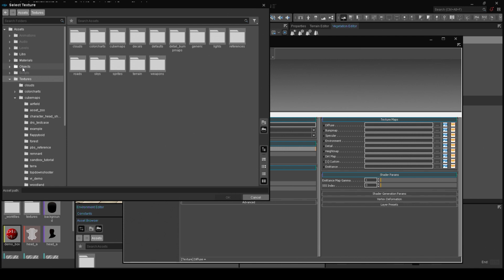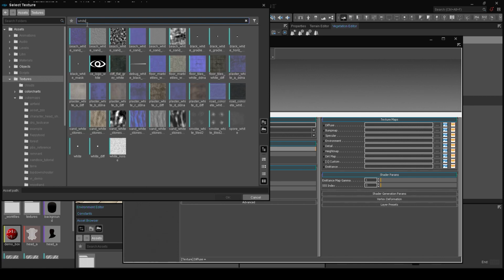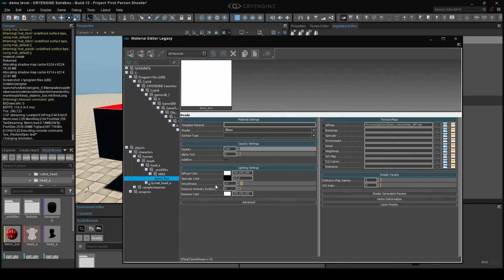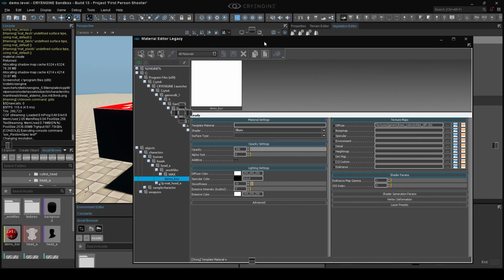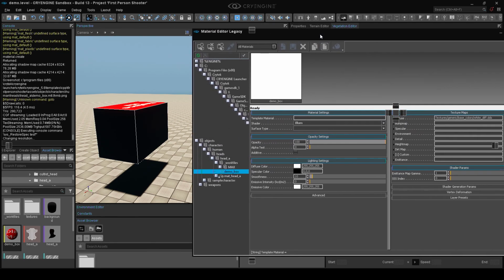This is what I usually do when I bring an asset. In search, type white. You're going to have a lot of textures, and take white diff, or white. Any of those two will work. And say open. Okay, so now we have a material with a basic texture, and let's start with the box